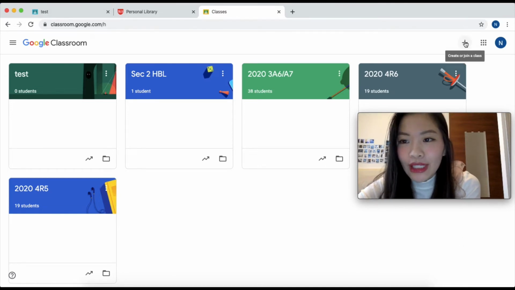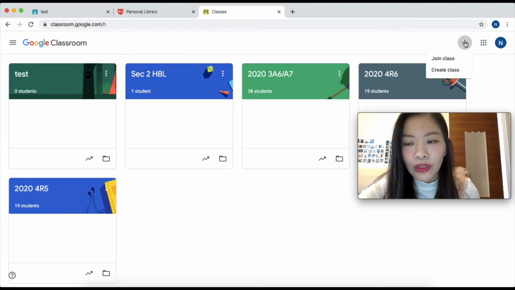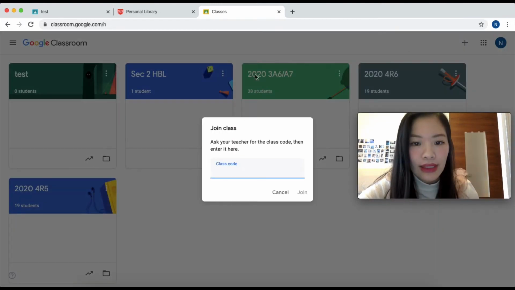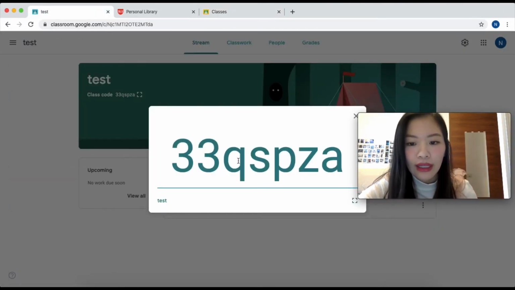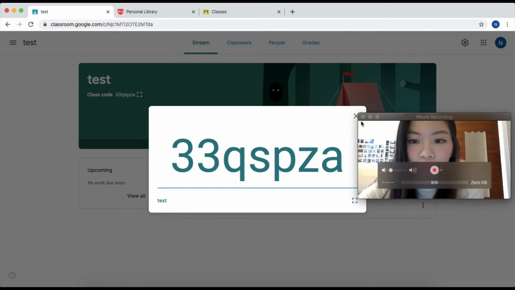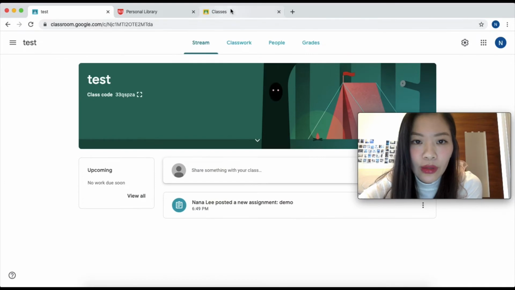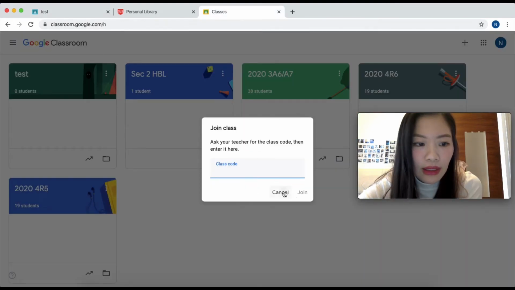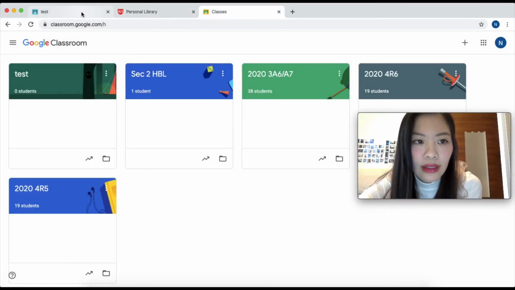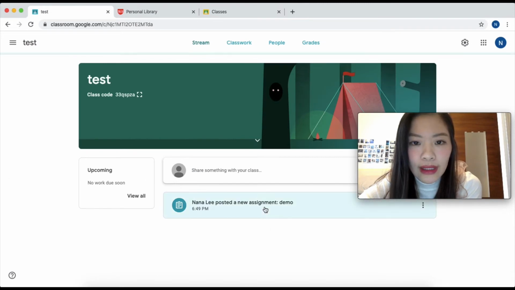Okay, so just click on, you would click on join class, and then they would key in the classroom code here. Okay, and then once they have keyed in the classroom code, they would be able to enter this class, and then they will be able to access the